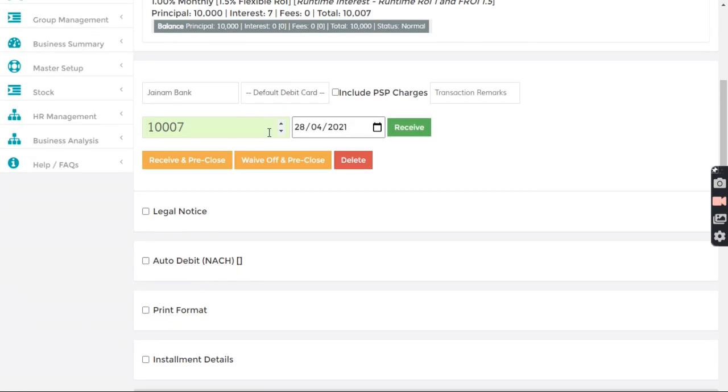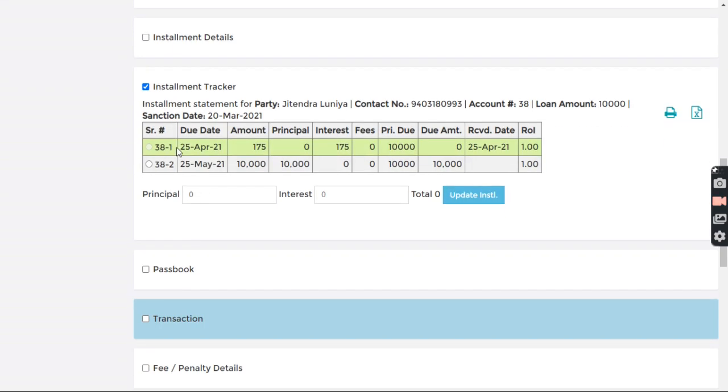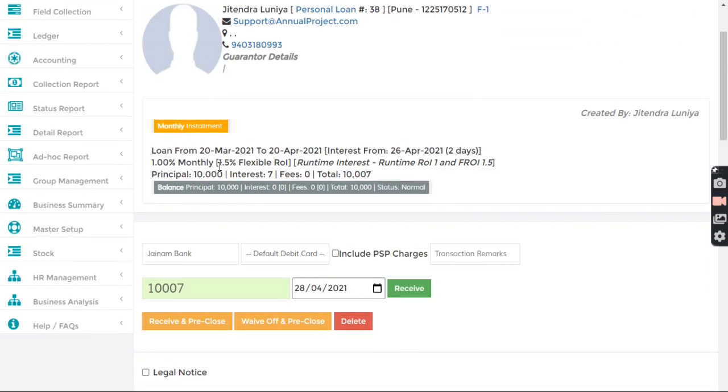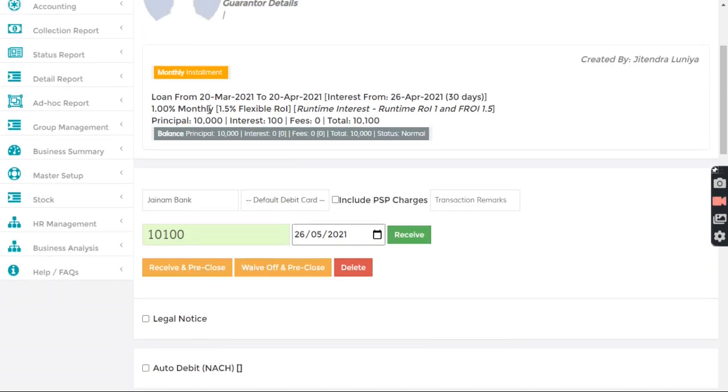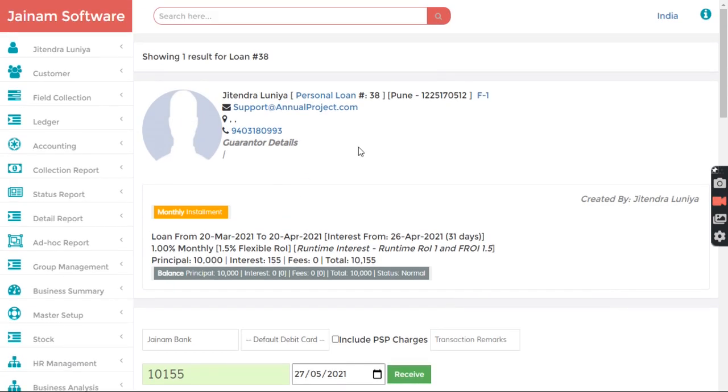Because the system will understand that the interest was cleared till 25th April, it will start calculating again from 25th. From 25th to 26th it will calculate 100, and after that, if it is delayed, it will calculate based on the higher percent again.